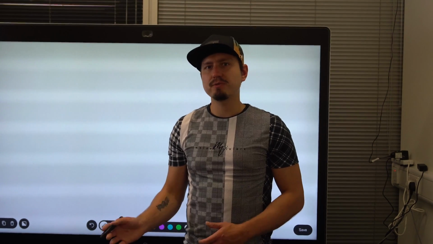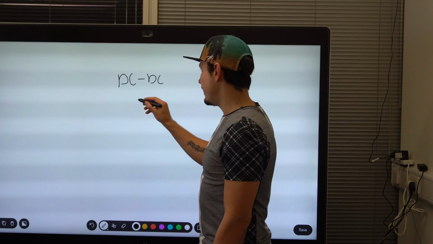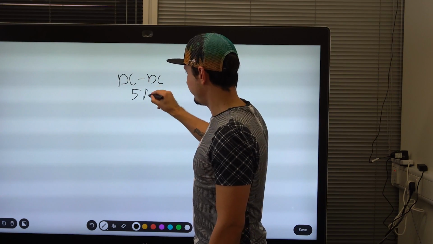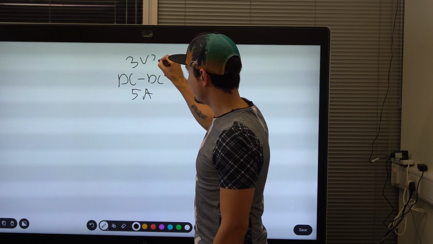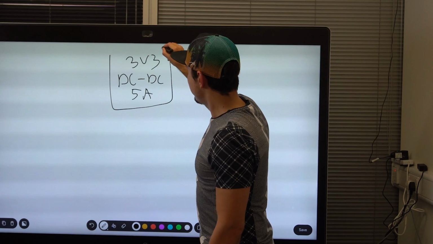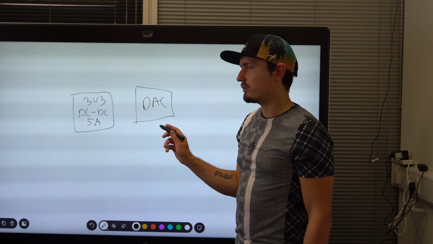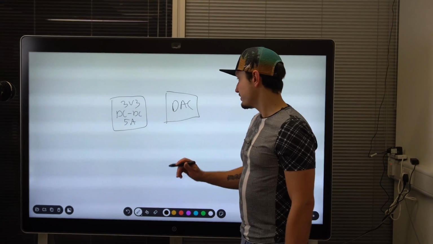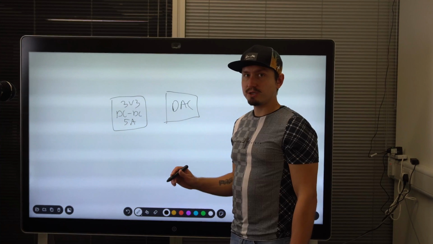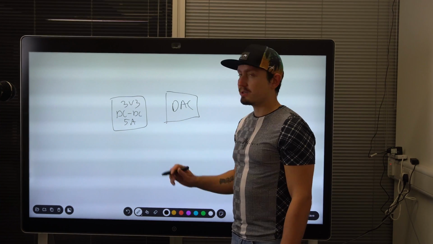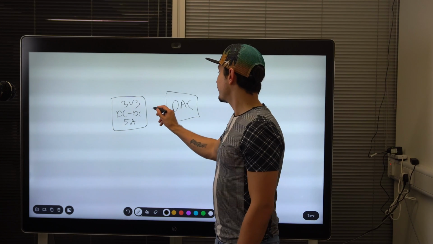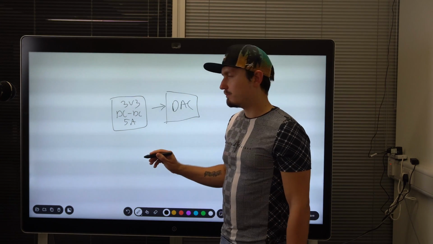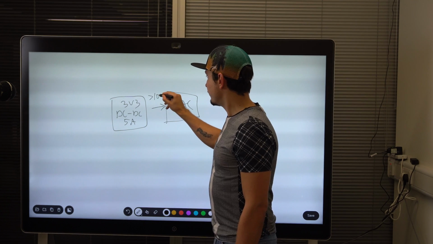And like I mentioned earlier, during PCB layout it is crucial to have separation distance between different blocks. So for example, if we have a DC-DC converter which does 5 amps, something like 3V3, and we also have a digital to analog converter in a system, I do not want to have those blocks close together because it will ruin the performance of my digital to analog converter if I have them next to each other. So I will put them quite a significant distance apart, and by that I mean maybe over 100 millimeters